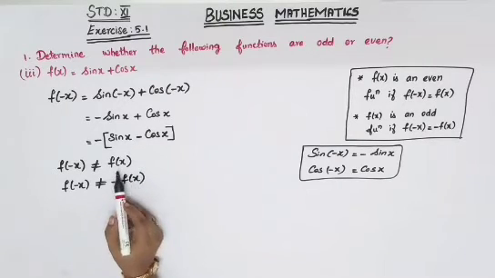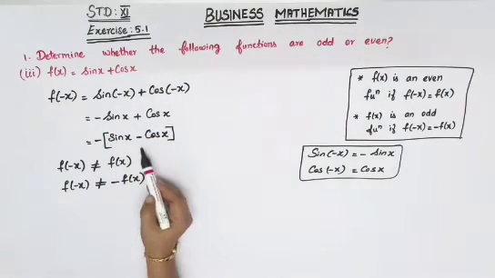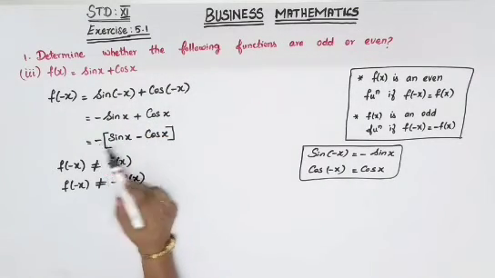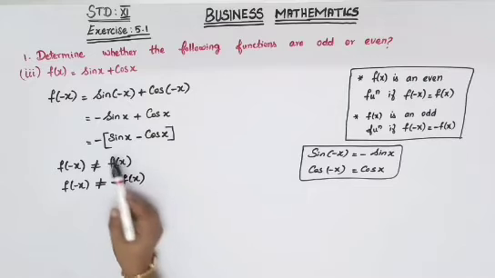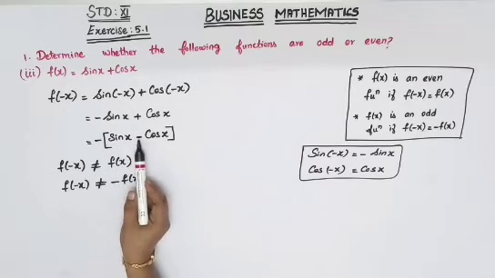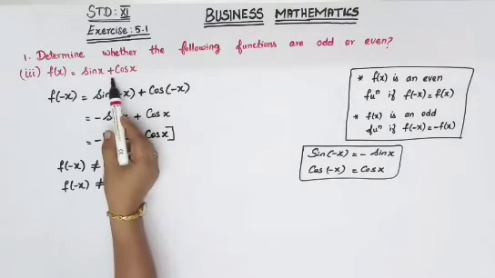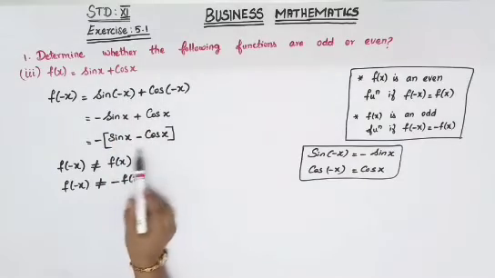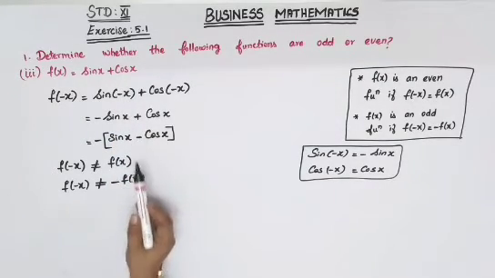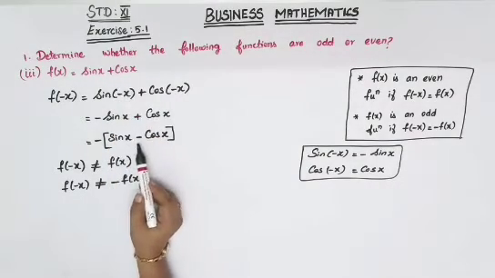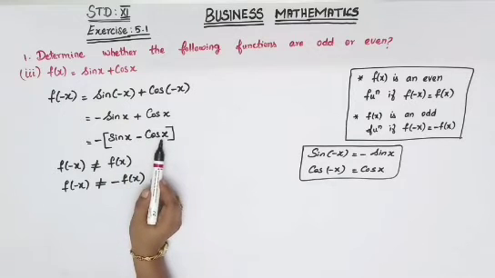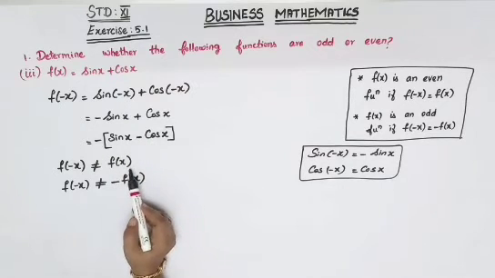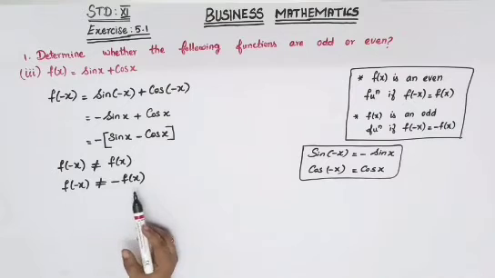Both you will not get, because if it is an odd function, you have to get your question back with minus. If you want to see that, you will get your minus here, instead you will have to get your plus over there. So that is also not satisfied. Otherwise you have to get your question back as it is with plus sin x plus cos x. That is also not here. So both conditions are not satisfied.